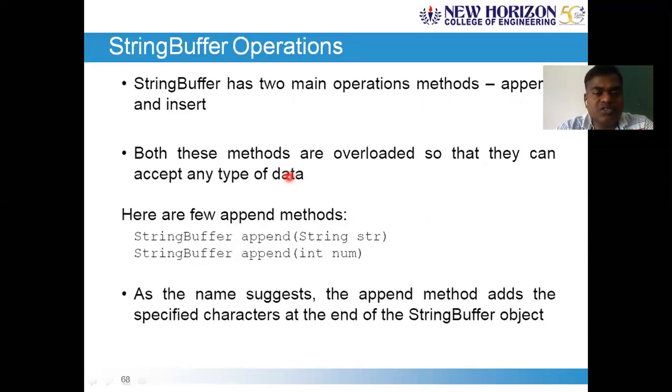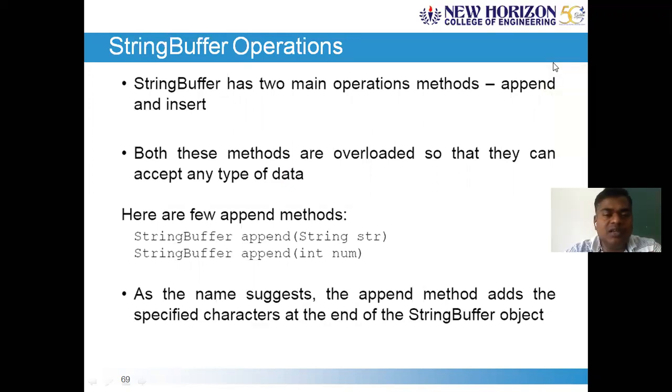The string buffer operations have two main operations: one is append and the other is insert. As it supports the manipulation of strings, you can perform the append operation. Append means adding some content at the end of the string. Whereas insert is, if you have 10 characters and you would like to insert a character at the fifth position, get the index of the fifth position and pass it as an argument for the insert, then you can insert the characters accordingly. Okay, first let us try to understand the append method.